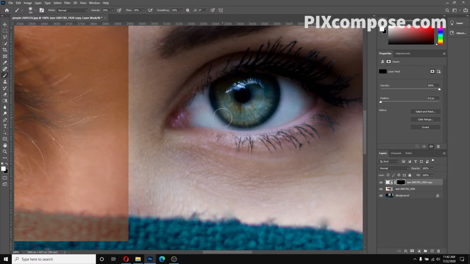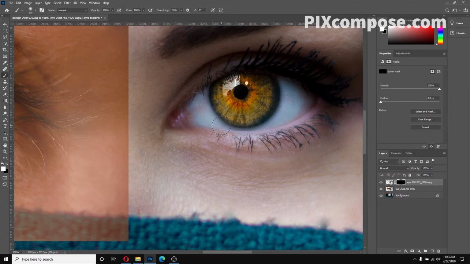Hardness should be 0. So now we can start painting over here. You can see that we are not getting the effect because our opacity and flow are low. So we have to increase them. You can see that. So now we can paint it like this.